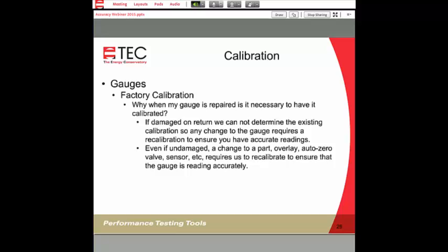So when we change those, we need to make sure that when it's all done and we've made that replacement of the part, the gauge is still actually accurate. Factory calibration is always required when we're changing components and parts. Otherwise, if we just swapped the part and got it back out to you, you wouldn't really know if it's accurate. So we make sure that we have that recalibration done whenever we're changing parts.